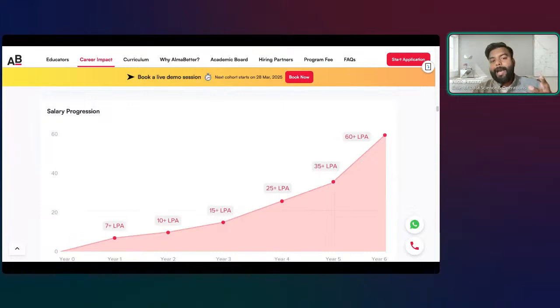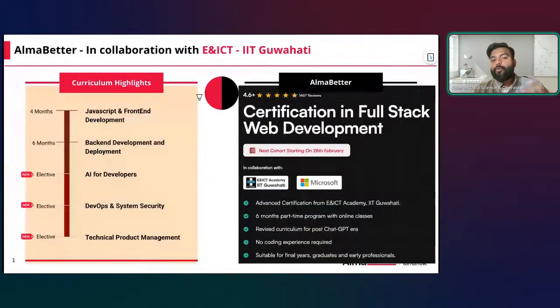Now we have a certain amount of time, and in that time we can cover this much. All you have to do is explore further. My whole point is to guide you, to show you a direction, and then after that you can go and explore and understand how to take it forward. There are a few things we are going to integrate. Those are new things like AI for developers as an elective, which will be added from April.